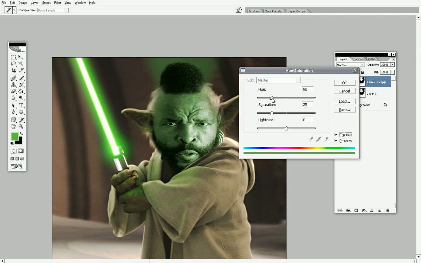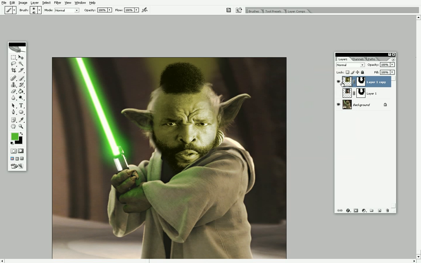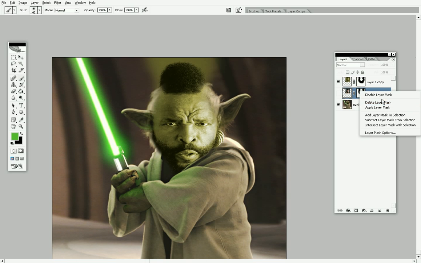and then change your hue, slide it down a little bit, increase your saturation maybe, and also maybe decrease the lightness. What we're trying to do is get the Yoda layer to match the Mr. T face. Okay, once you've done that, what we'd like to do is delete this layer